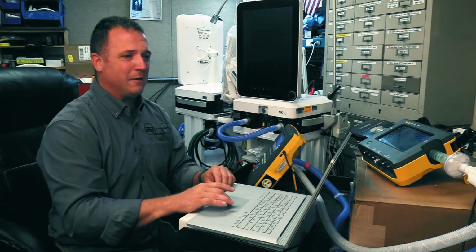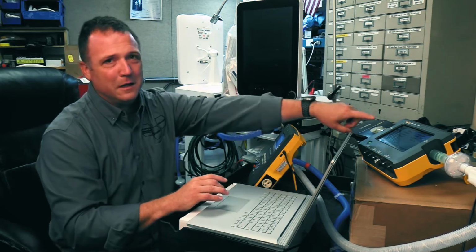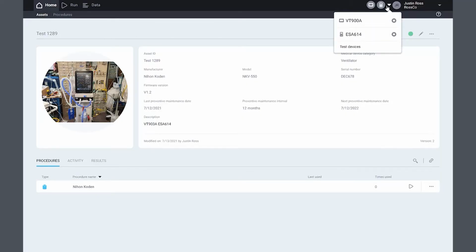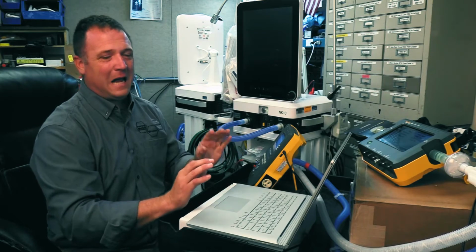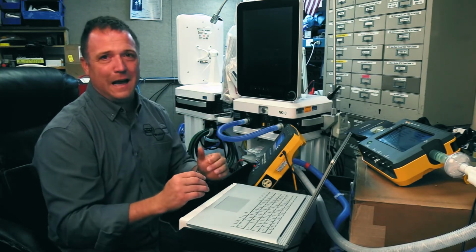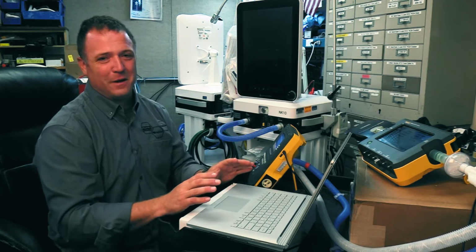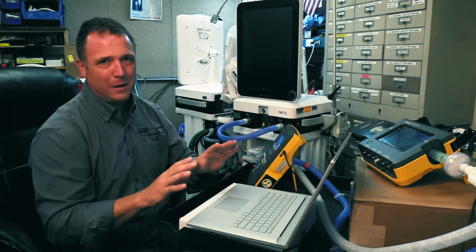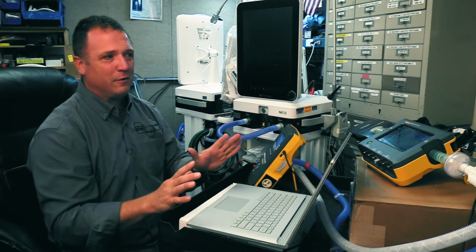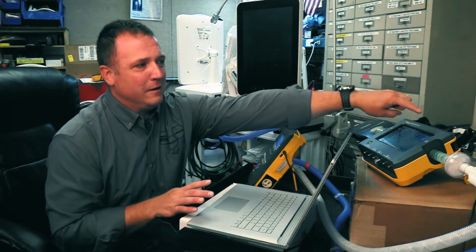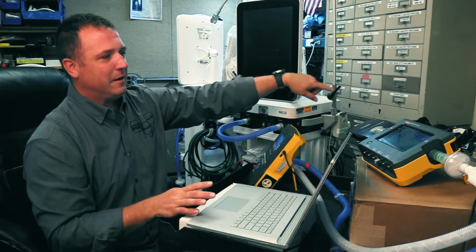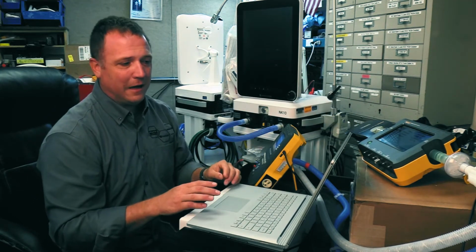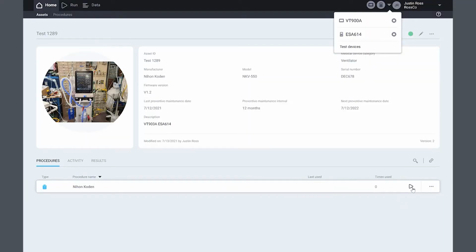So let's jump into 1QA, and the first thing I want to show you is I have connected not only my VT900A, but also my ESA614, and you can see that up here by these two icons. So this is great. So now I can automatically pull that data in. Another really awesome feature about this is I don't even have to know how to run my VT900A or ESA614. The program is going to do it for me. So my entire interface so far has been turning the unit on, connecting the USB cable to my PC, and then setting up my patient tubes and my Acculung 2 for my test lung. Alright, let's jump into that performance evaluation procedure.